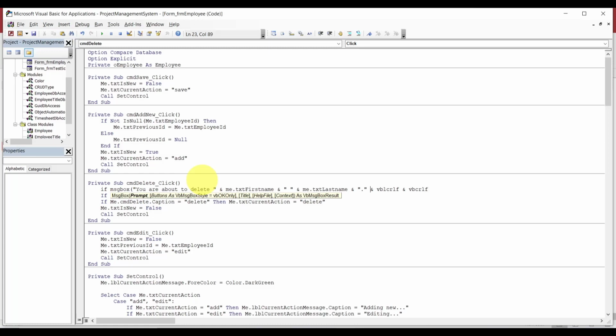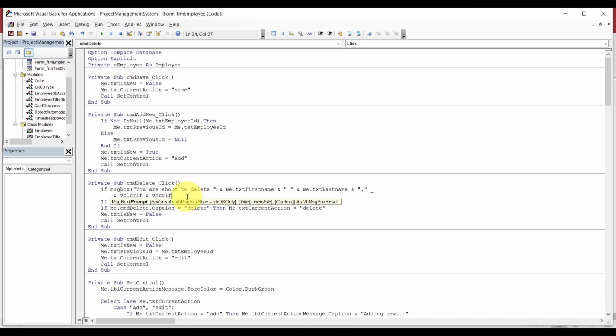Matter of fact, I'm gonna push down to the next line. It's getting a little long on me, and then we'll say, are you sure? And then comma, VB yes, no. Header, confirmation equals BB yes, then, and then we just keep moving,